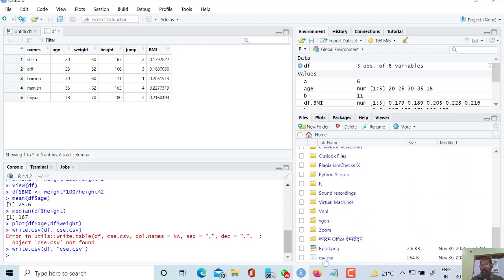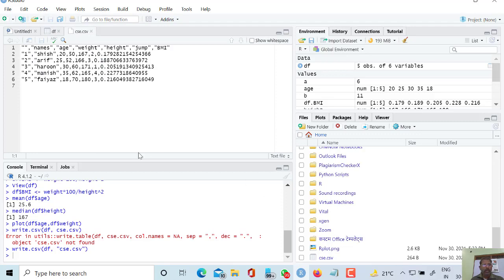Here you can see that the csv.csv file has been stored. Okay, let us check the content. So these are the contents of this file.